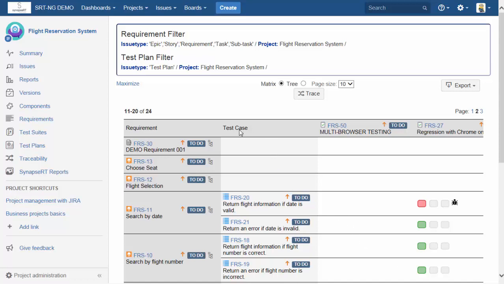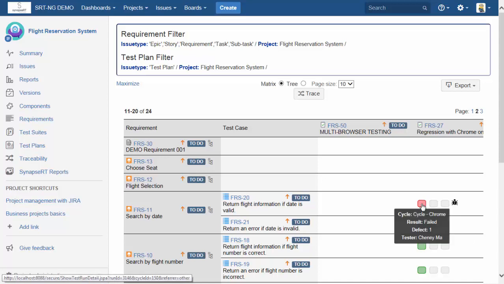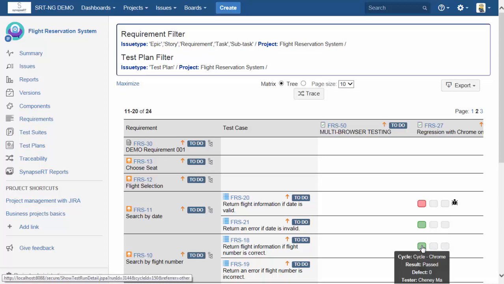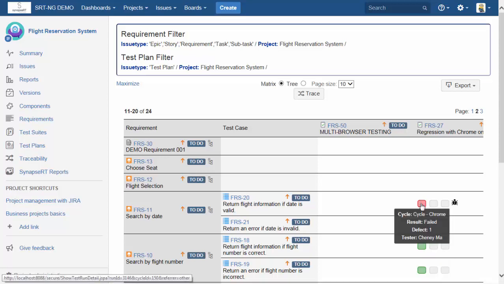In the traceability matrix report, the first column lists the requirements that you're looking for. The second column here lists test cases that cover the listed requirements. The third column indicates test execution results from test cases. The colored blocks indicate test results in the particular test cycle, which is from a test plan. For example, the green block means the test case is passed in that test cycle, while the red one means